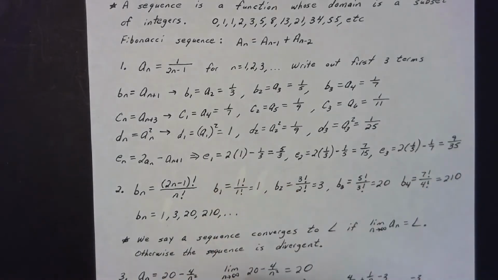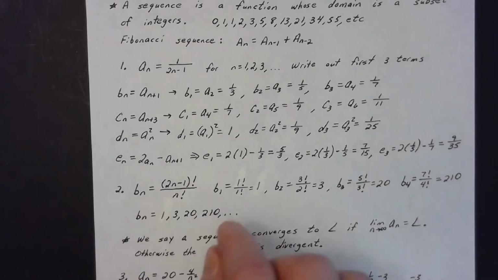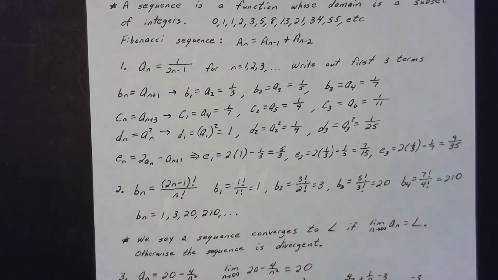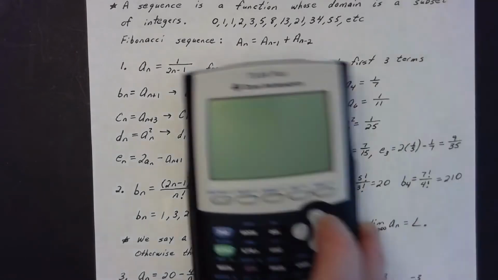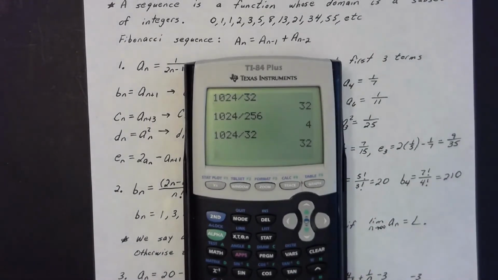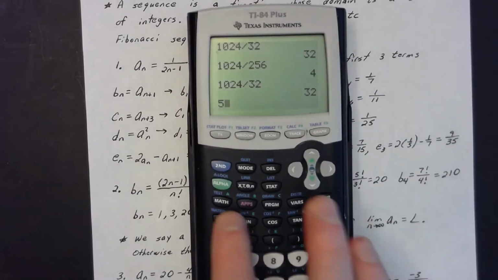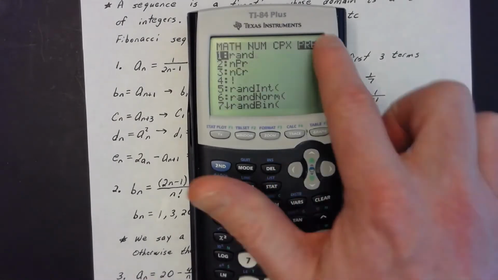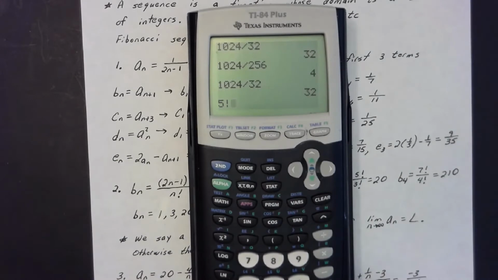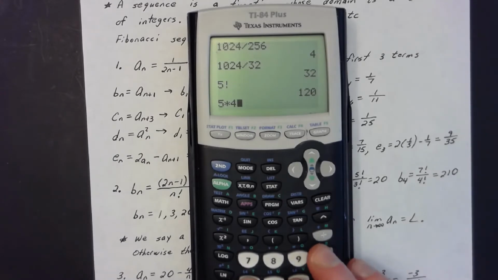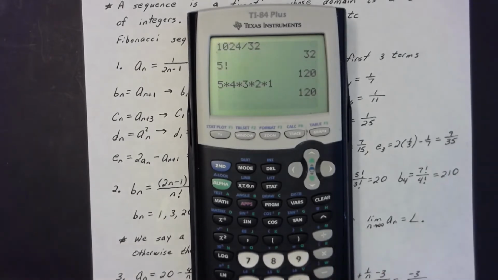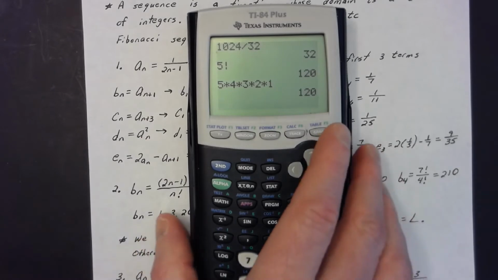Now, let's talk about sequences involving factorials. Please remember, a factorial just means every number less than it. So, for example, if I said, hey guys, I want to do 5 factorial, you can do a factorial in your calculator by hitting whatever number you want, then factorial: math, arrow over to probability, number 4. So 5 factorial is 120. All a factorial is, is that integer value times every integer less than it all the way down to 1. So 5 factorial is 5 times 4 times 3 times 2 times 1. That is what a factorial is. It's used a lot in probability.